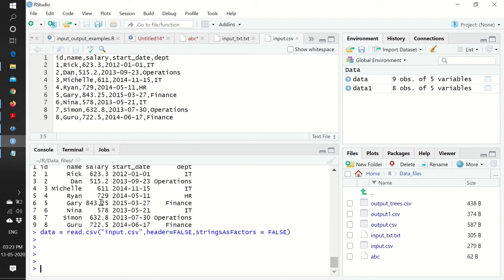Suppose in a CSV file, instead of this comma, it is separated by a single space. Okay, then also we can read it. By default, the separator is a comma. But if you have some CSV file where it is not separated by a comma, but by a space, then you have to mention that. Generally, we write that as sep equals to